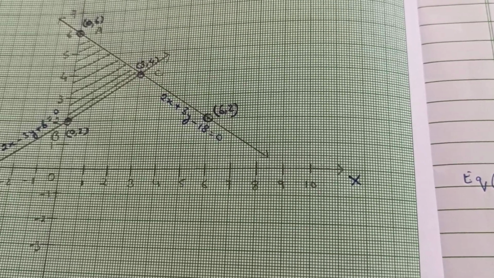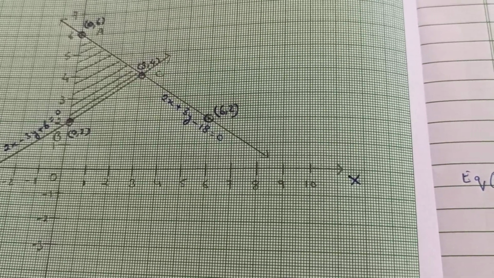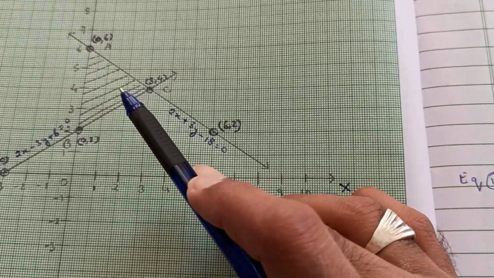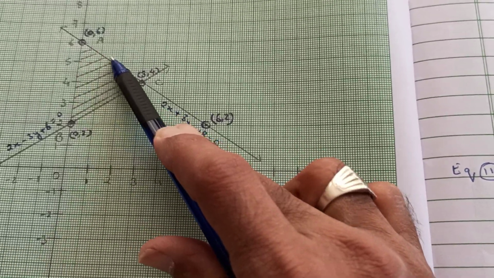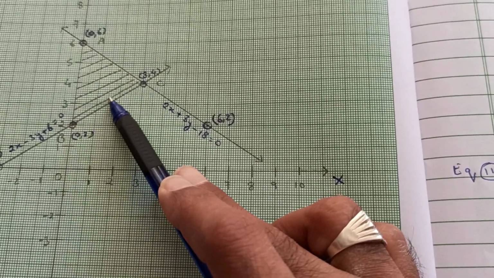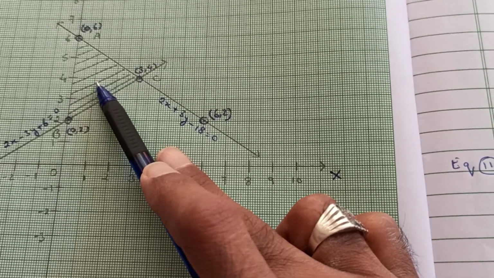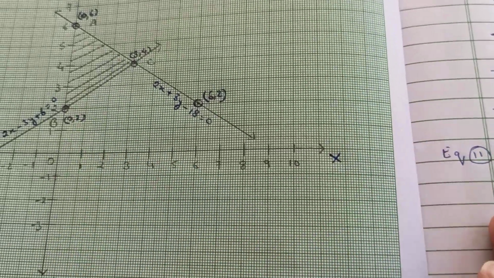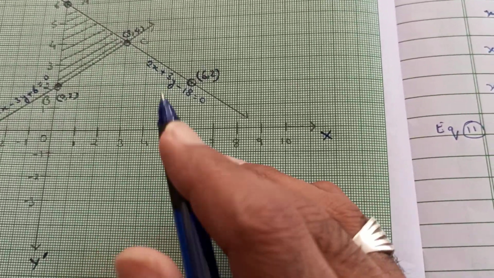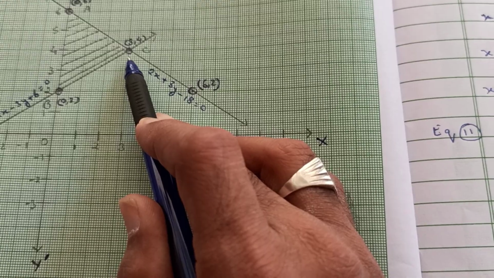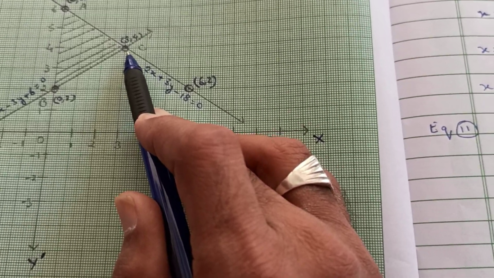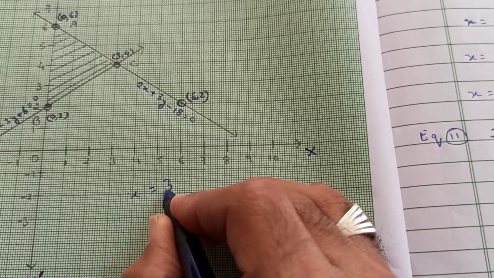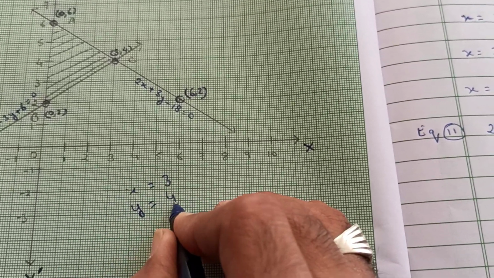Now, the question asked me to shade the region between the two lines and the y-axis, and we could very clearly see this is the region which lies between the y-axis and the two lines. This has been shaded by me with means of pencil. The solution of x and y was asked, so you can see the two lines are intersecting at 3, 4. So the value of x will be 3 and the value of y will be 4.